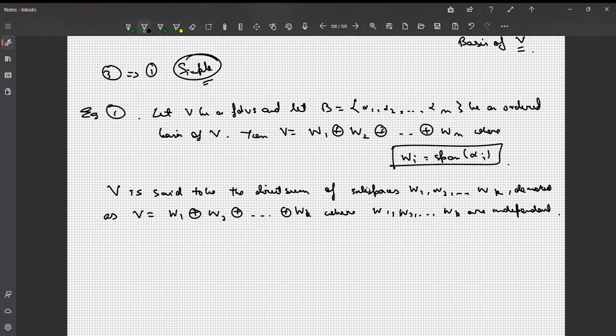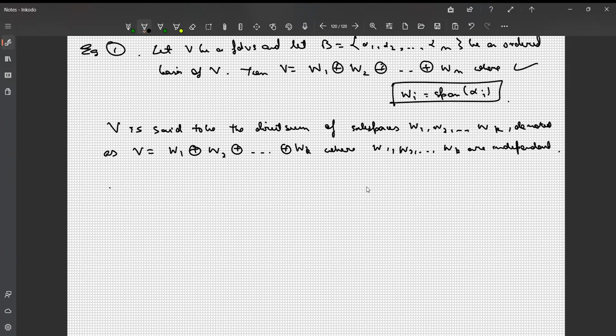So that's the trivial definition of a vector space being a direct sum. So this is one important example. The next important example, you people have seen this in your plus 2 levels as well: that you can write any n cross n matrix as a sum of symmetric and skew symmetric matrices, right? Because